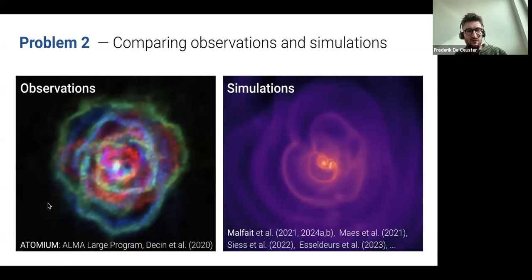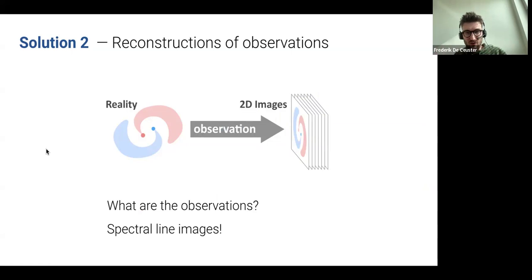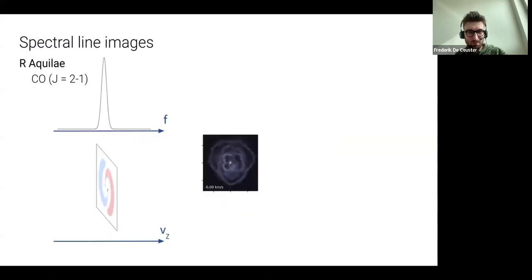But actually, we do have a lot of information along that third axis. That third axis is not a spatial dimension, but the frequency in our case. Now I'm going to try to explain how this frequency information also encodes information along the spatial direction. For that, I first need to explain what these images are, which are typically what we call spectral line images. Let's see how I can break this down.